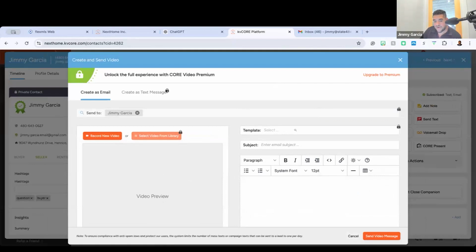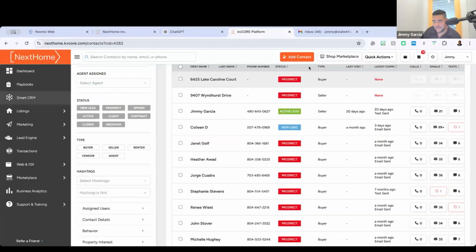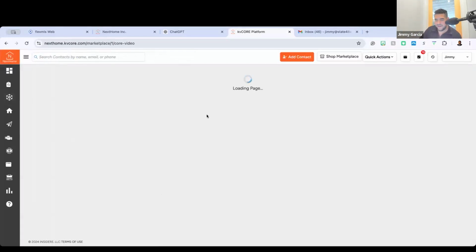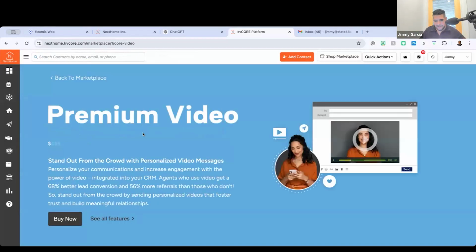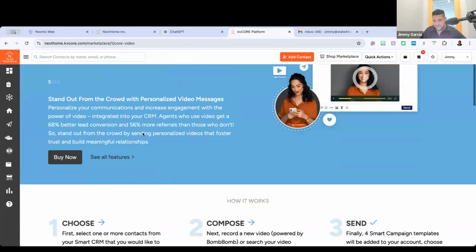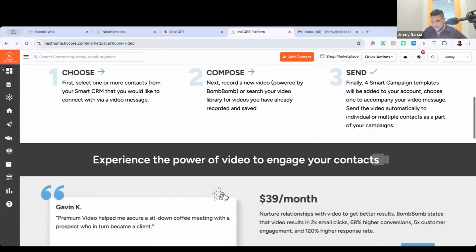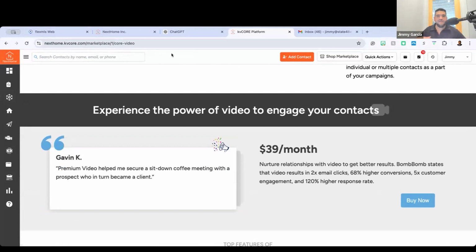Now, if I want to create it as a text message, this is where it's going to upgrade to your premium. And I'll verify with you, but I'm pretty sure it's either $30 or $39 a month. In fact, we could probably find out. Let's click on it. I think it's 30. If I click on upgrade to premium, it should tell us how much that feature costs. Let's see, it's 39. Okay, $39 a month. Think of your own use case.